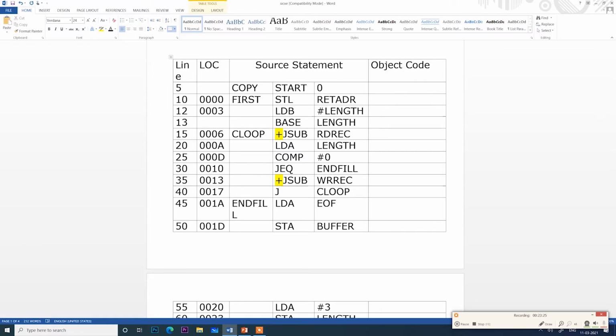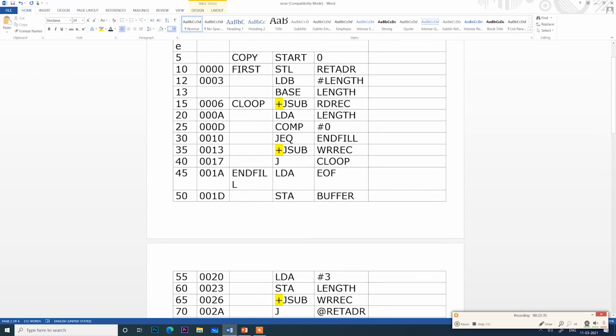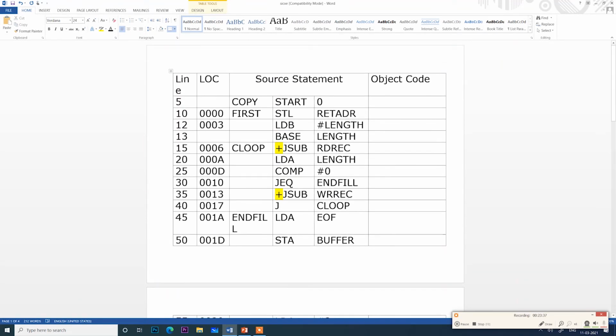So we will see that. The first instruction is STL RETADR, and where is RETADR? RETADR is in the position 0030. So you have to remember two things.